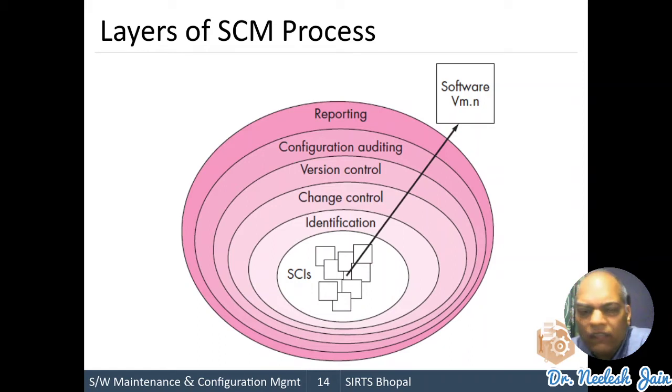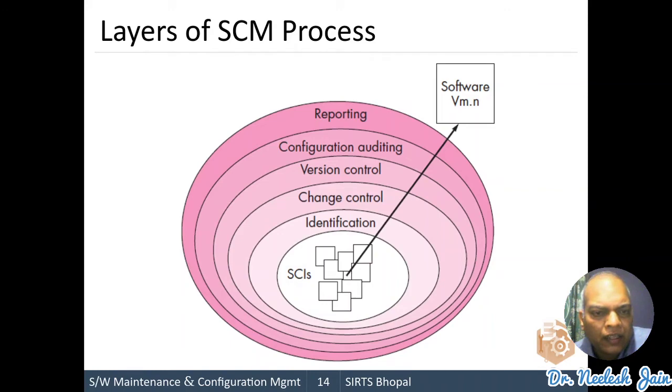First is to identify all items that collectively define the software configuration. Secondly, to manage changes to one or more of these items. Third, to facilitate the construction of different versions of an application. And the fourth is to ensure that software quality is maintained as the configuration evolves over time.